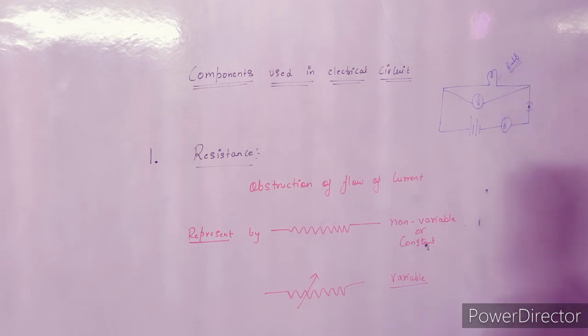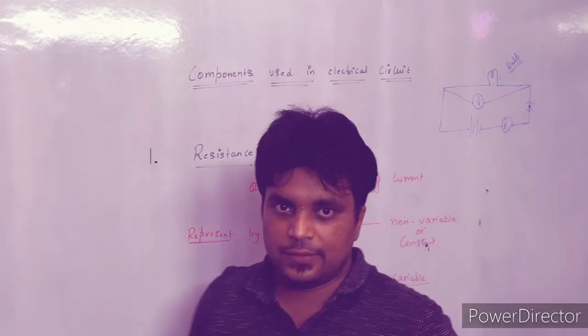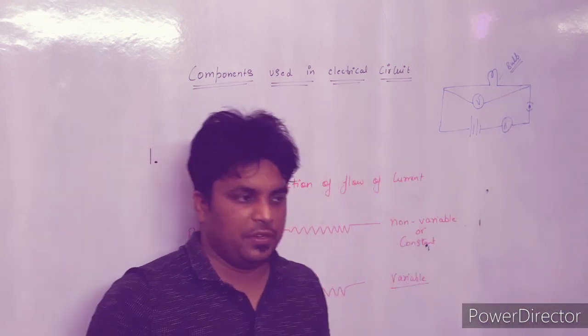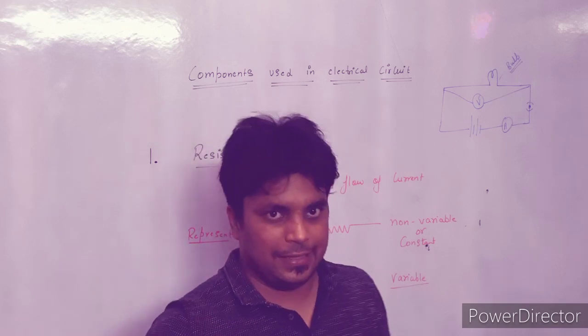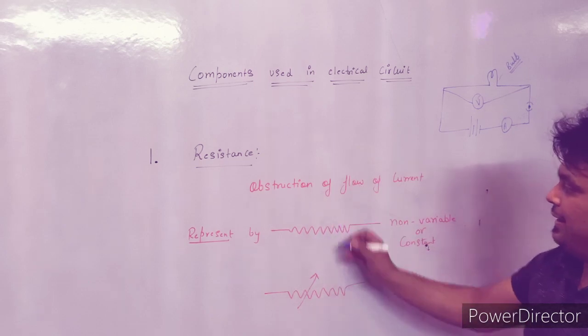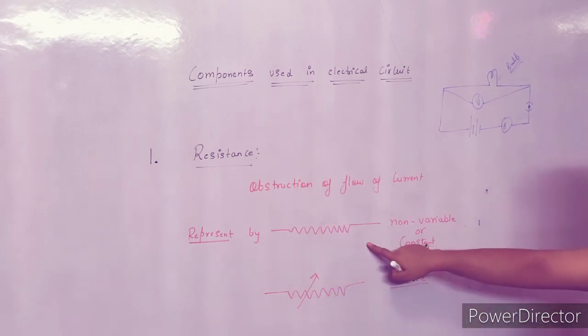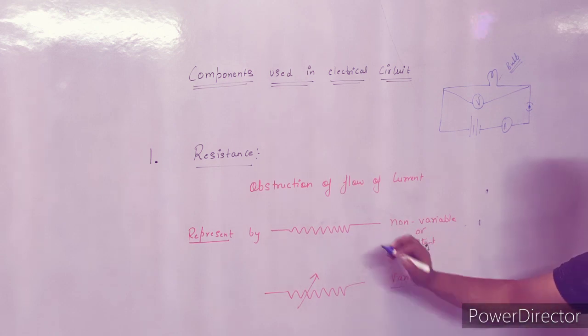So this bulb requires some energy to glow. This energy is provided by the source of charge, the battery. It obstructs the flow of charge. So any appliance, for example a refrigerator, bulb, or television, works like a resistor. That is the resistor, and it is represented by this symbol.